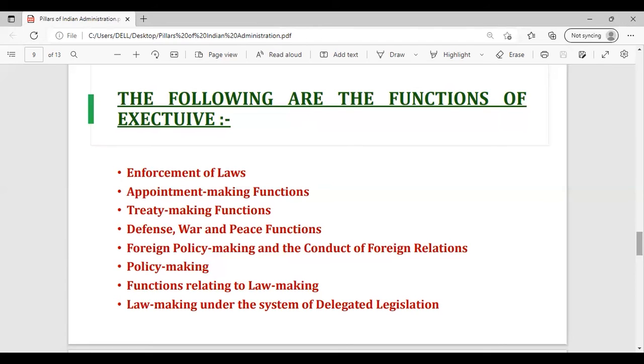Now, treaty making functions. Treaty making functions is also done by the executive. It is the responsibility of the executive to decide as to which treaties are to be signed with which countries. Like nowadays, our Prime Minister, Honorable Prime Minister Shri Narendra Modi ji, he is signing the treaties with other countries, and he is moving from one country to another to develop relations, so that there is a peace, aman, between all